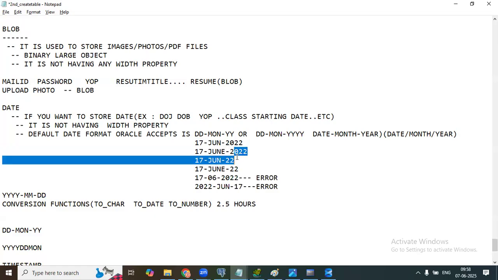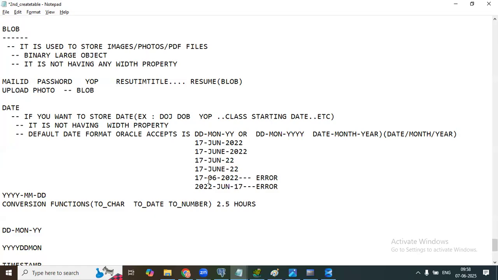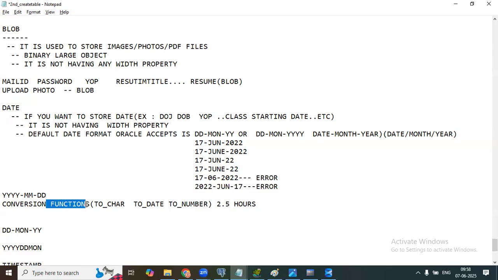If you give this format, it will accept. But if you give a different format, it will give an error. If the different format also has to be accepted, then you have to go for conversion functions. Which functions? Conversion functions we will see at a later point of time, leave it. Again, don't take me wrong. All this will be there in ADF, in Synapse, in PySpark. Wherever you go, the concept will be the same. That also I will prove. Now only wait for some time. This is what a date is.